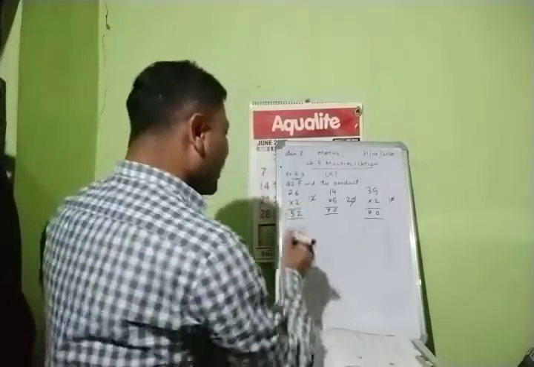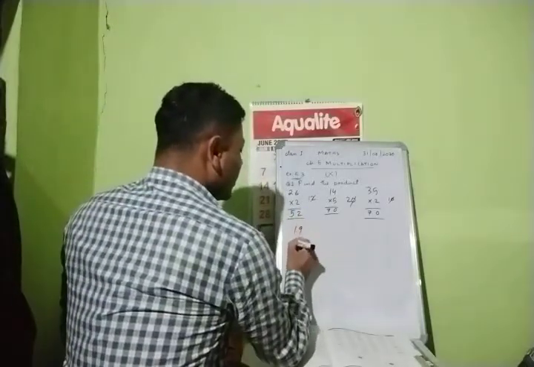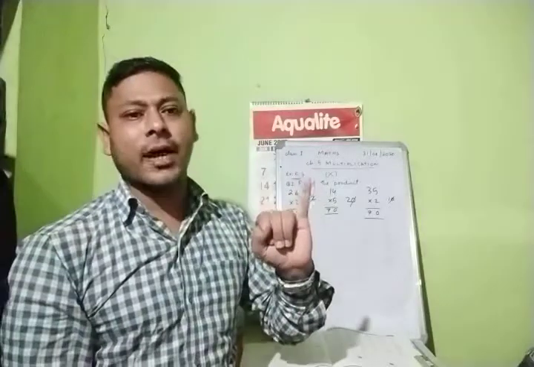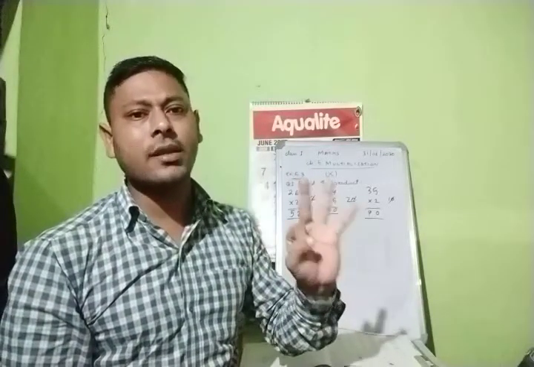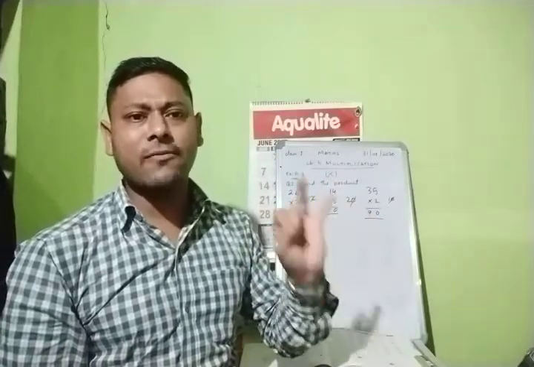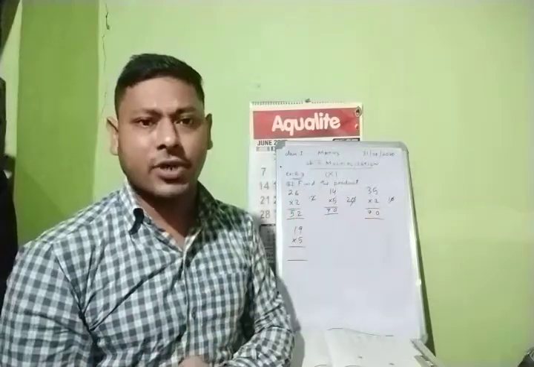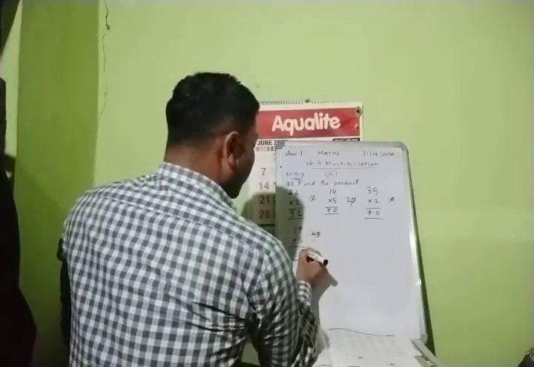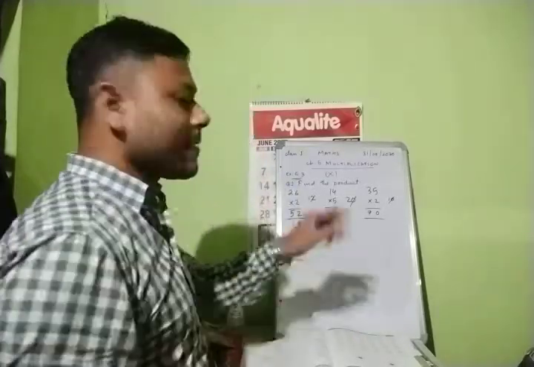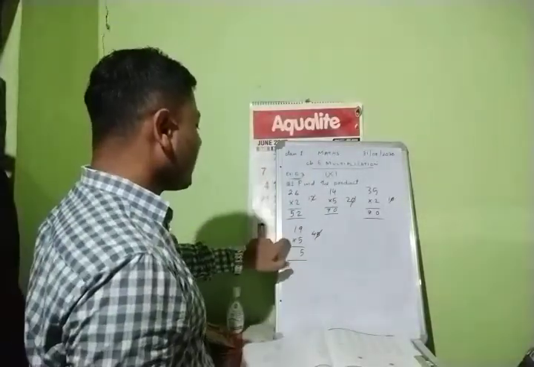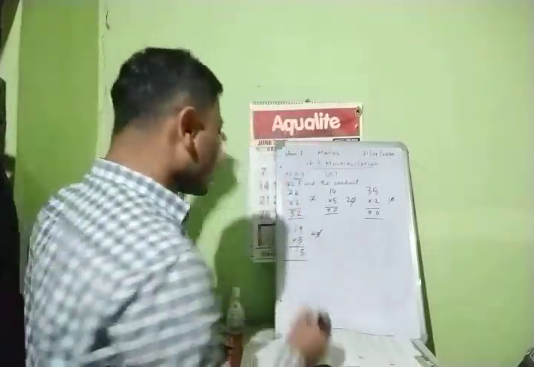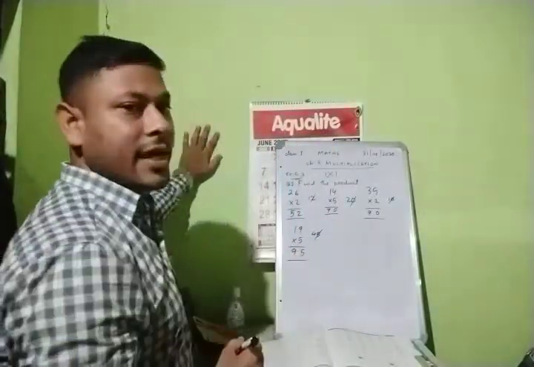So the next question, 1 9 into 5. 5 into 9. 5 1 is 5. 5 2 is 10. 5 3 is 15. 5 4 is 20. 5 5 is 25. 5 6 is 30. 5 7 is 35. 5 8 is 40. 5 9 is 45. So what you have to do? You have to write here 4 5 45. Then 5 you have to write here. Cut this 5. What is left? 4. Right? Next, 5 into 1. 5 1 is 5. 6 7 8 9. How much you got there? 9. So 9 5 95. Done?